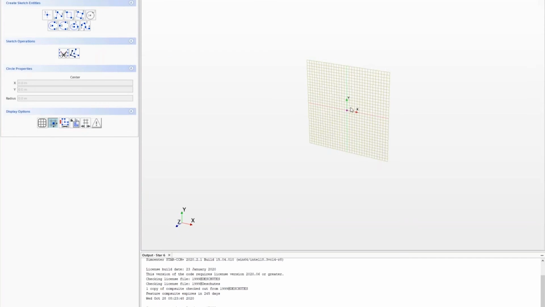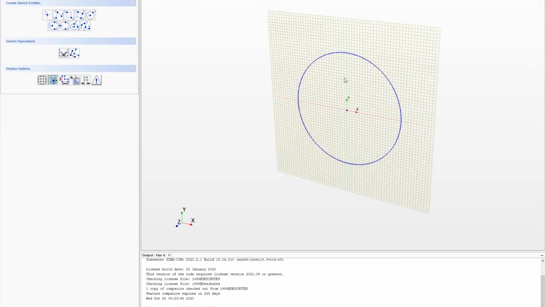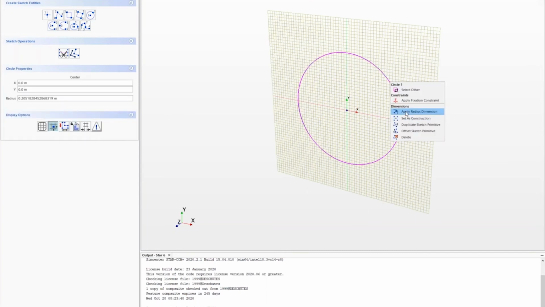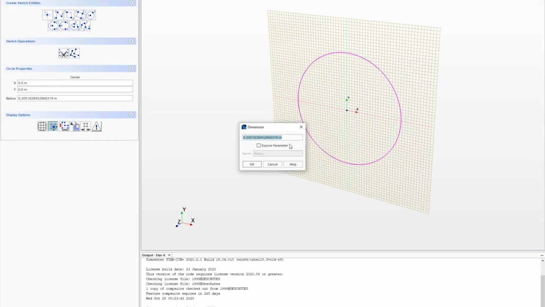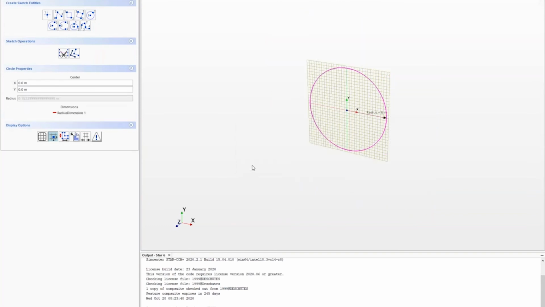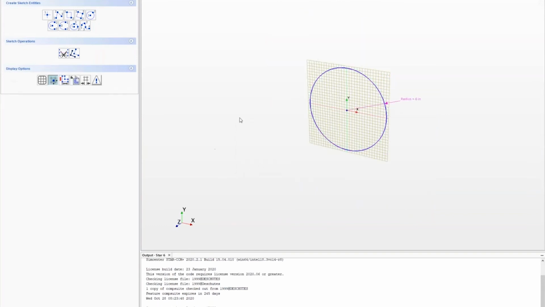You can always go through. So if we start with a circle, create a circle, and then from that circle, apply a radius dimension. By default, everything shows up in SI units, but everything within STAR is somewhat agnostic to units. So we could set this to 6 inches. We can also click here to expose the parameter, and now we have a radius parameter out here that's been